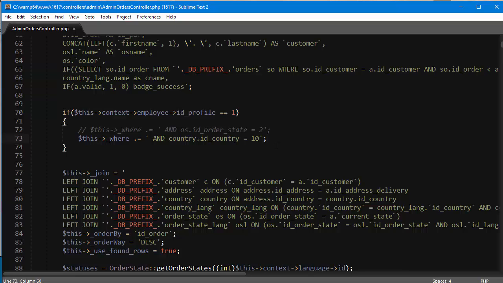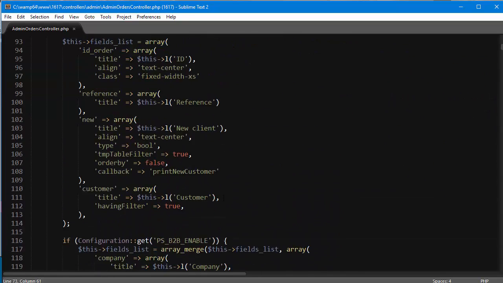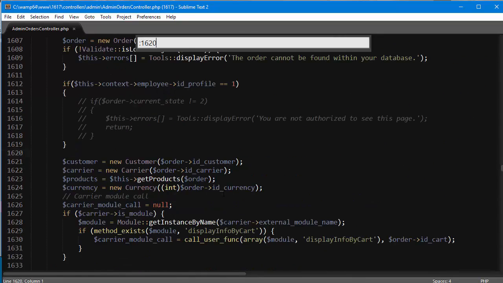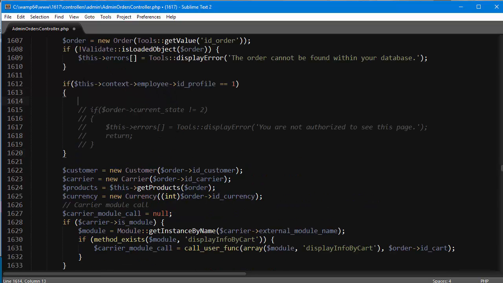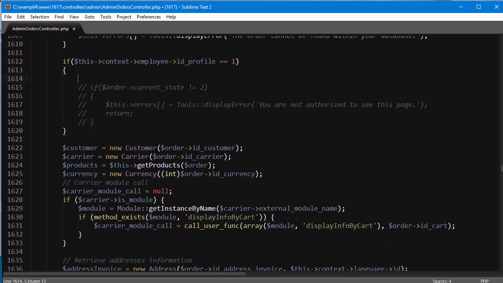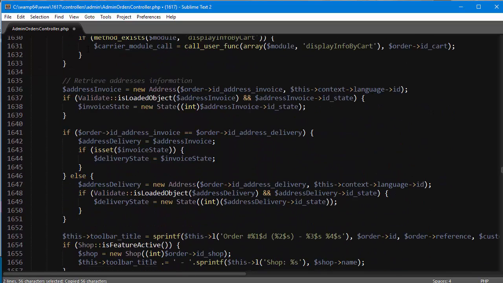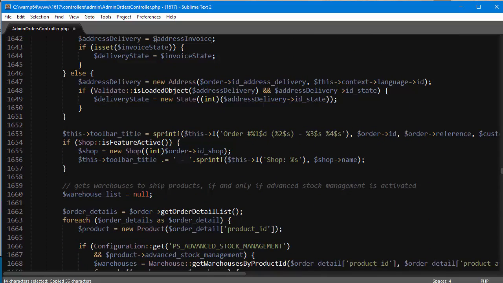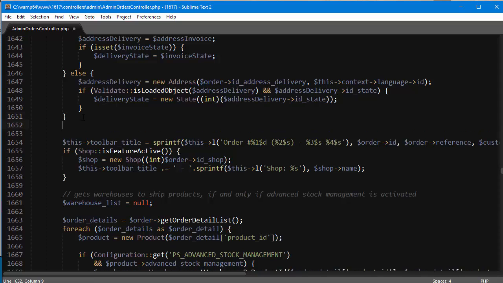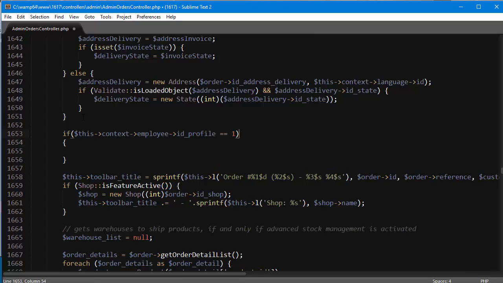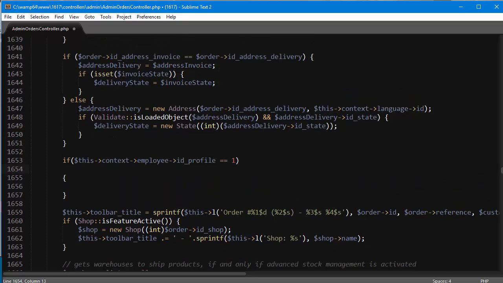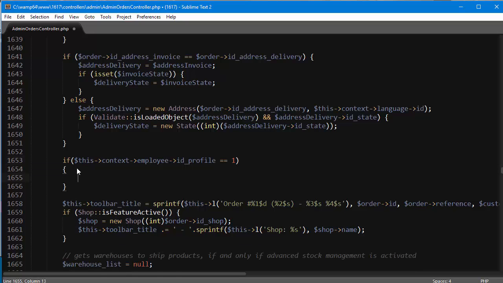So again, we can use the same condition here for the single page, and if we go back around line 1620, we can add something else. So actually it's a little below that, so let me just copy this one. You can see we have address invoice and address delivery. I will use address delivery in this case. So I want to check against that one. And since we have the address delivery as an object, what I can do is